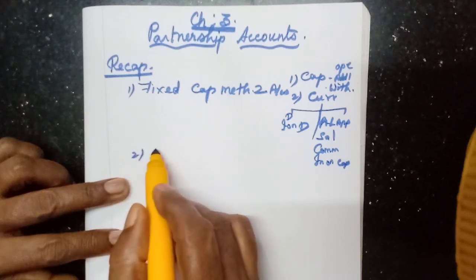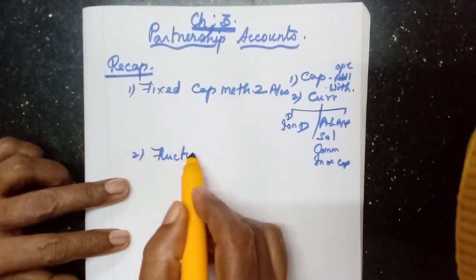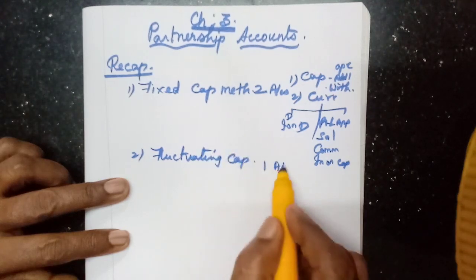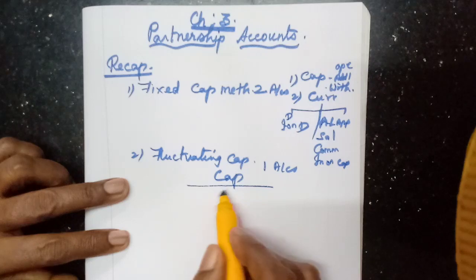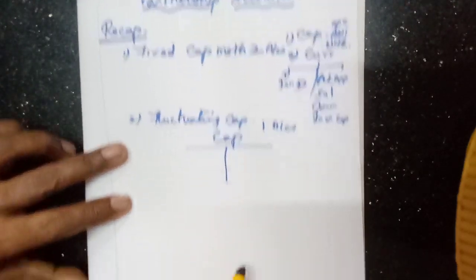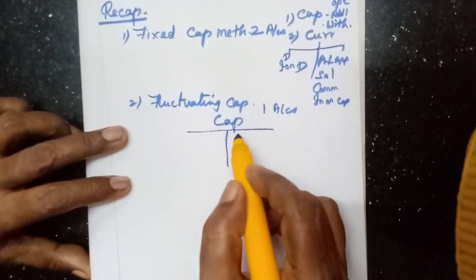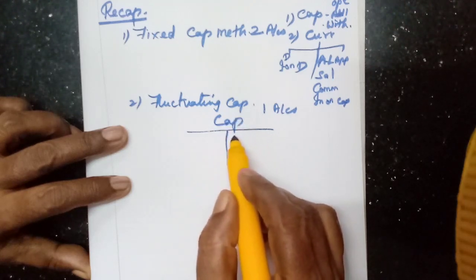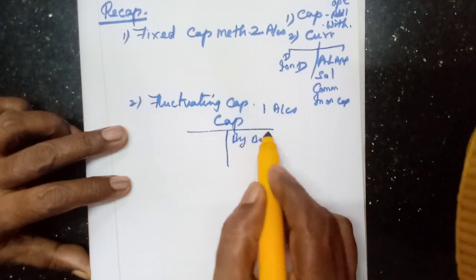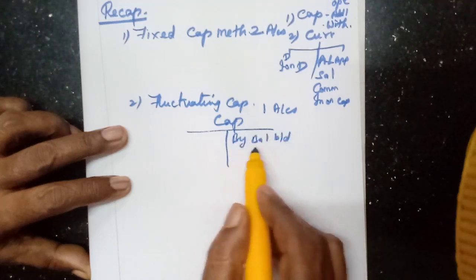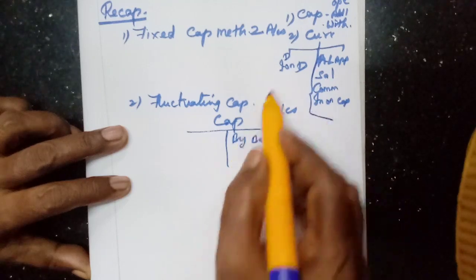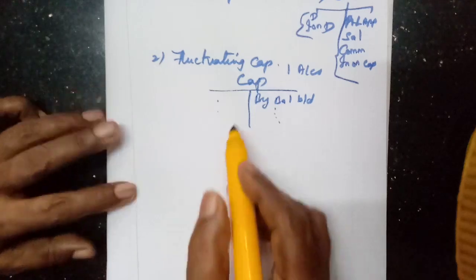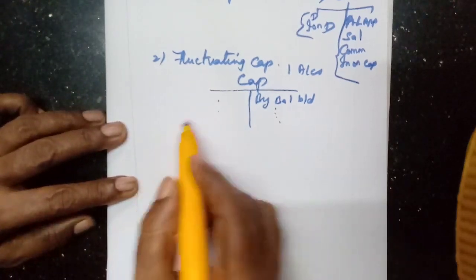Then the second one, fluctuating capital method. Only one account, that is called the capital account. Here we will make all the adjustments in the same account. First the opening balance: since it is a capital account, it will come on the credit side by balance brought down. Then all the other adjustments will be written here. Then next we learned the